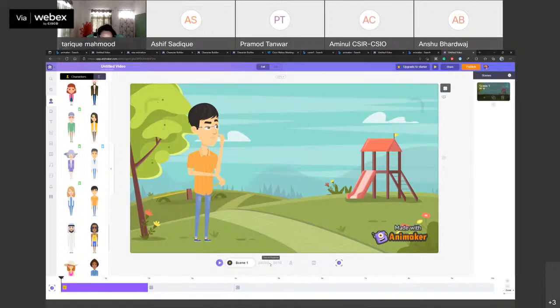Okay, so now as you can see, first of all we have used a background, and then we have used a character, and we have changed his expression, and according to that we have put some voiceovers inside the character. We have synced it, and the synchronization is very smooth, and after that we have changed the camera angle. And regarding this process, starting from background to character implementation and voiceover,